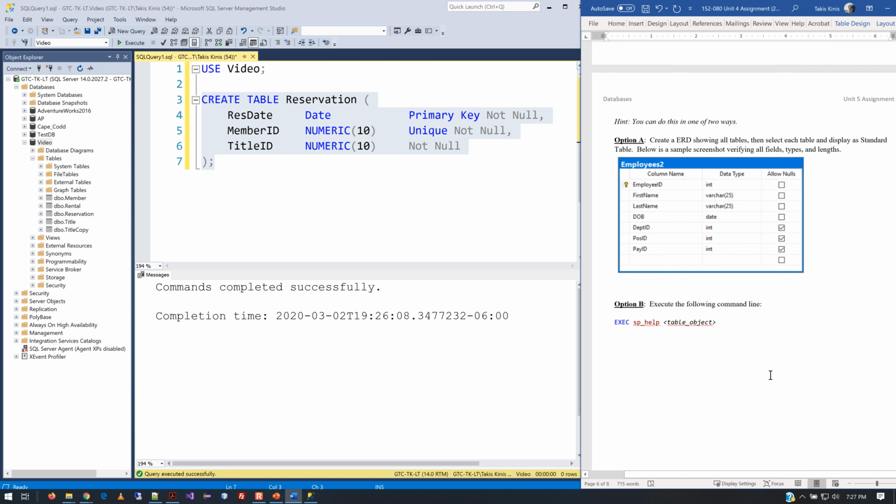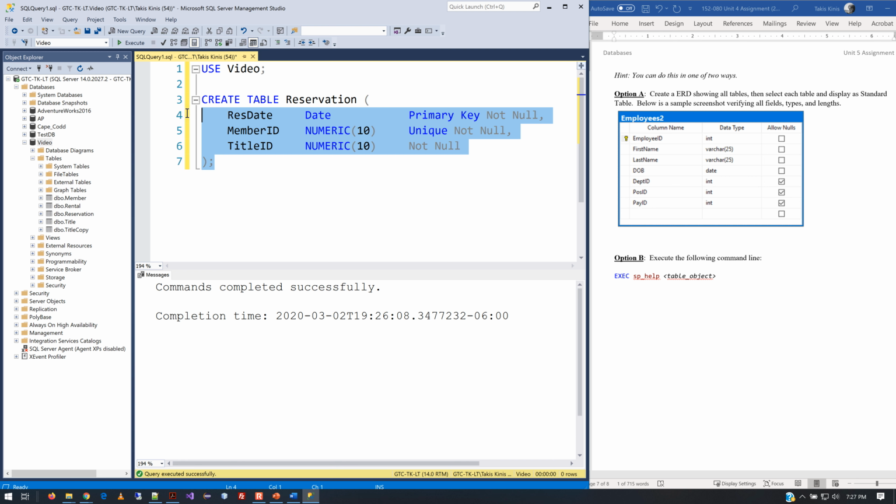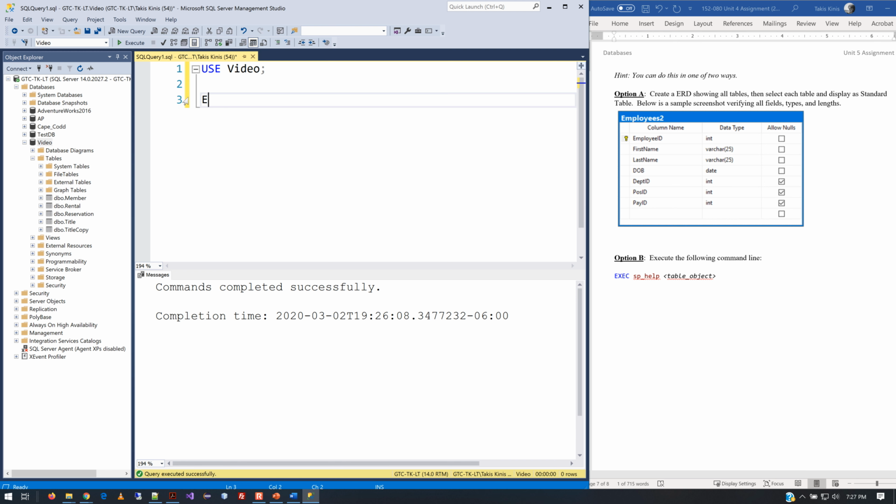The other thing that you can do is you could run this query command here, and it will basically allow you to drop in the name of the object and then give you an output. So let me just demonstrate. In fact, here's what I'll do. Let me just get rid of this. So I'm just going to execute, and then let's pick the name of a table here. So let's do member, for example, and a semicolon. And then if you choose to run that,